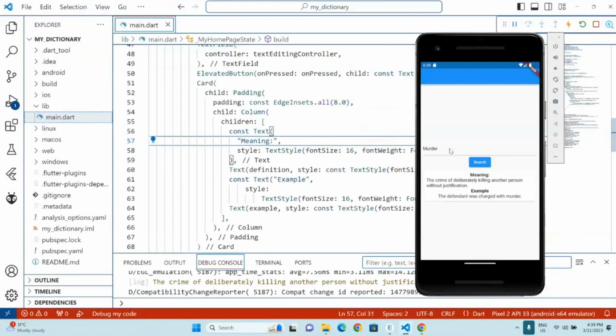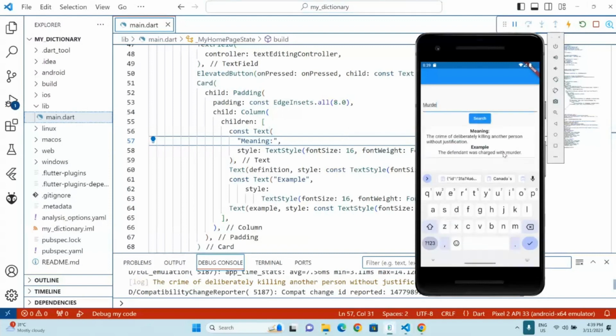So it consists of the following widget tree: text field, button, and this is actually a card. Within the card, there's a column, and with another text inside here, which is for the input. So what we require, for example, before I show the application first, let me